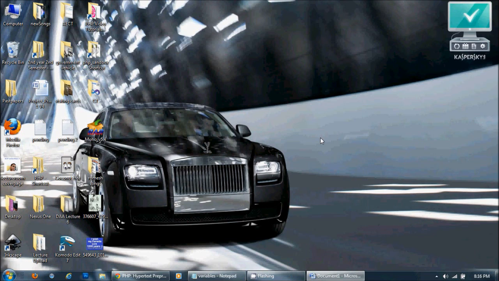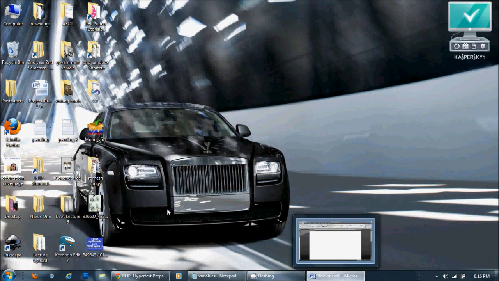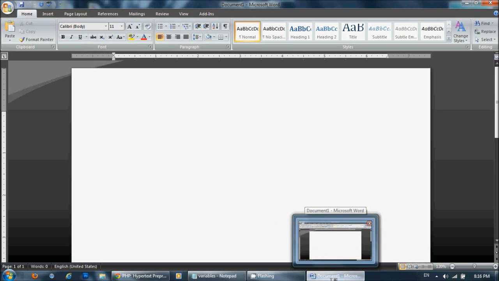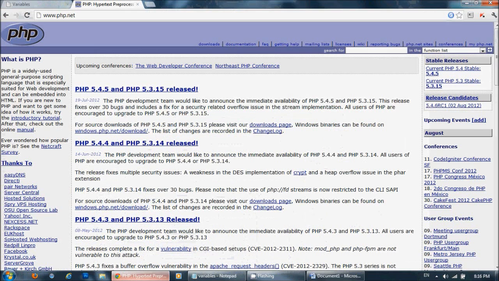So before learning PHP, it is better to know what PHP is. PHP is a server-side scripting language. So the code you write will be executed in the server, not in your computer. That means if you